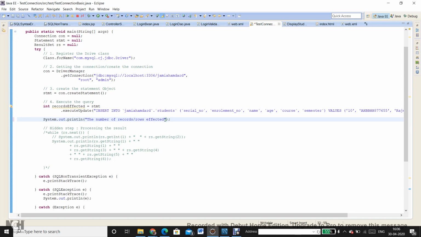The message is equal to, and then I will concatenate it with the value of record affected. Let's see if it works.